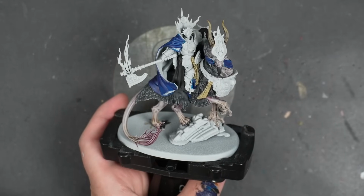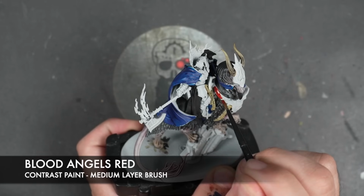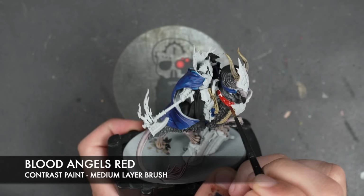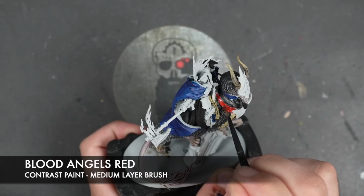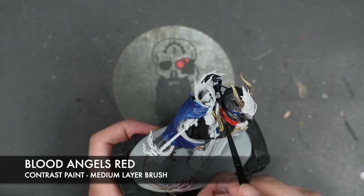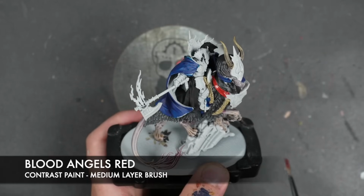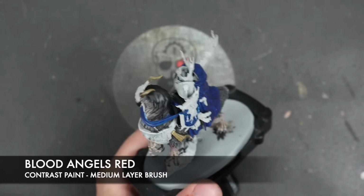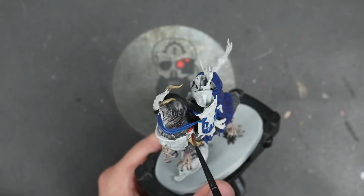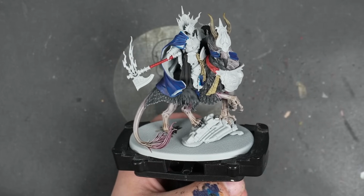So what we're going to do now is take some Blood Angels Red, and apply this over the top of this kind of large strap, what I guess it is. But whilst we're here, we're also going to apply the Blood Angels Red over the top of the grip of the axe. And so with that all done, what we're now going to do is take some thinned down